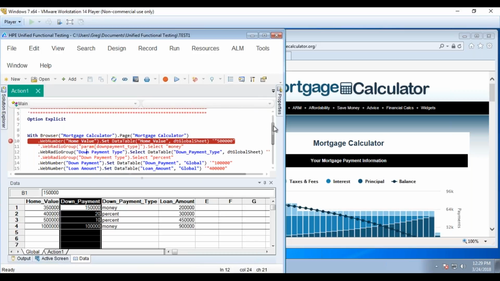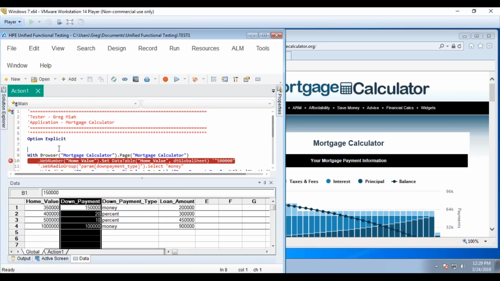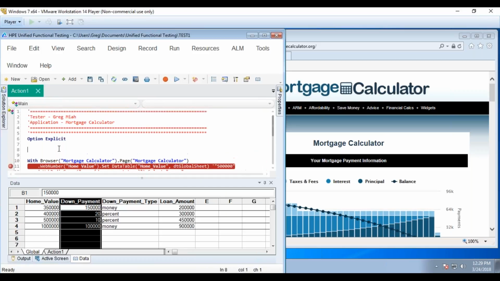Now, say our browser is not open. We need to actually launch Internet Explorer and make sure that it's up and running, correct? So UFT has some built-in functionality, so we can go ahead and make UFT actually run Internet Explorer. So we can type